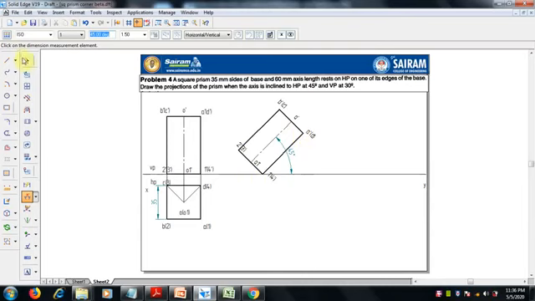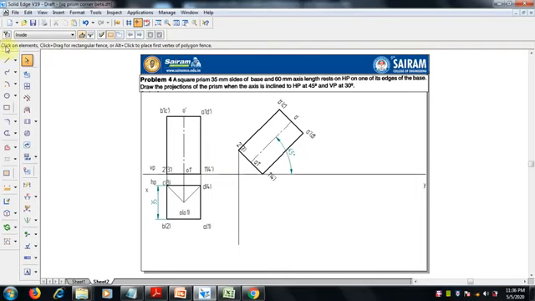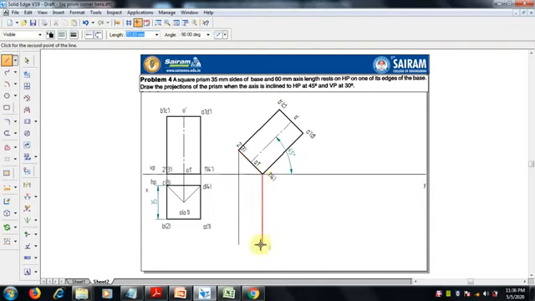Then we have to draw the projection. Select thin line, 0.13 mm thickness. From the end points, project from all the corners.